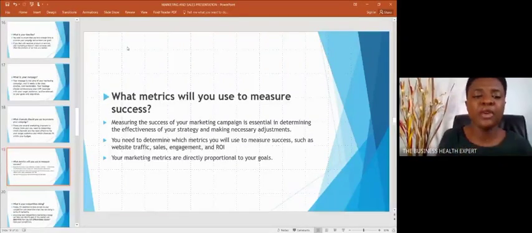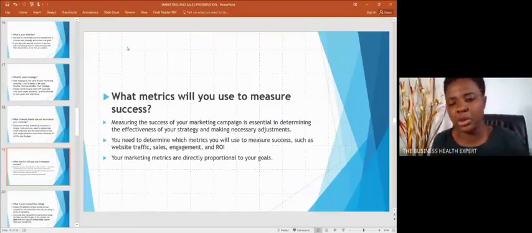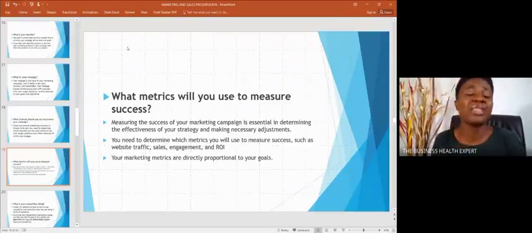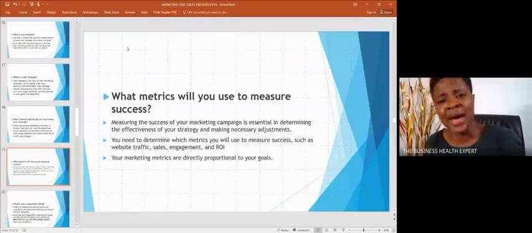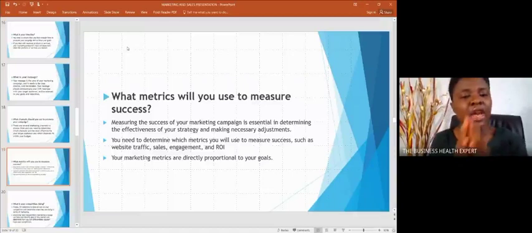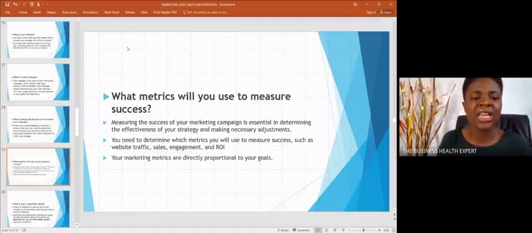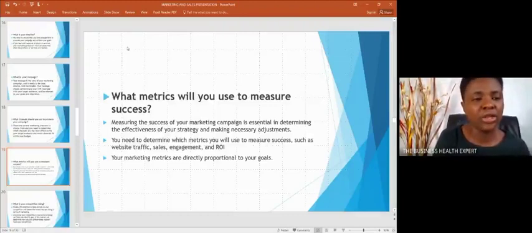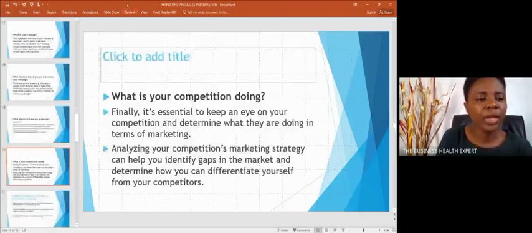And your marketing metrics are directly proportional to your goals. If your goal is to have 10 customers and you spend the right amount needed for marketing, and you are getting 2 customers or 1 customer, and it's not because you're spending less, you need to look into your marketing strategy. Is this effective? So your goals are directly proportional to your marketing strategies and the metrics in it, the things you measure. So these are the things you